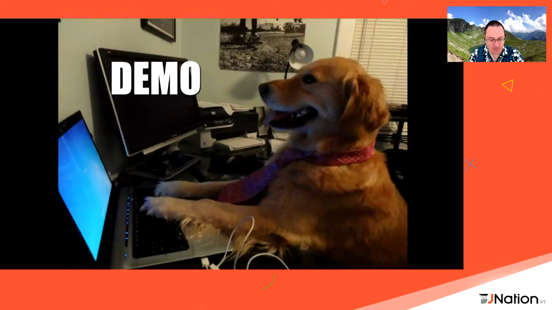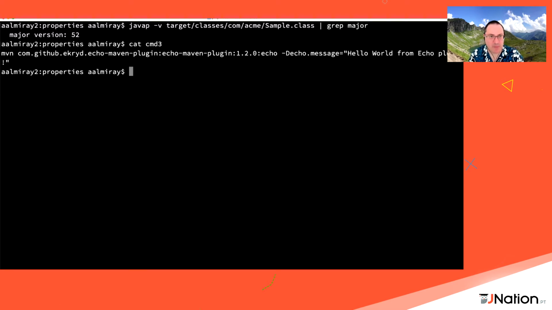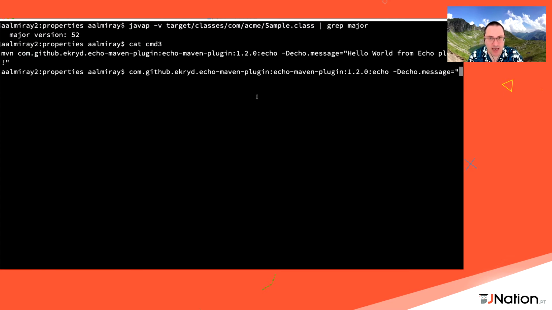So if I jump back into the terminal, I can show you that I have a command already prepared that looks like this. Invoke Maven with the GAV coordinates of echo and defining a single message like this. So what I'm going to do is copy this and, to say that this is live, the message will be, hello, JNation 2021.